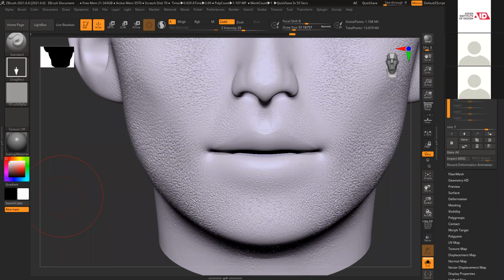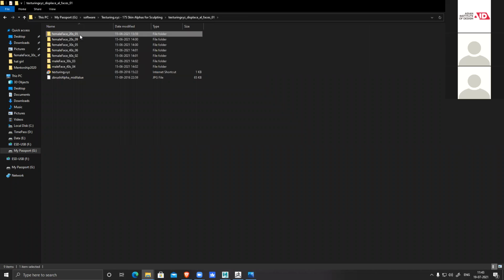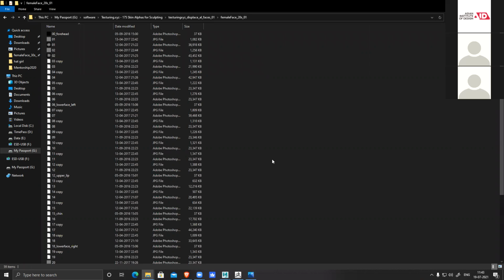There was a lips alpha, I forgot where it is. So it was here in this pack only. No, that's empty, it's not there.